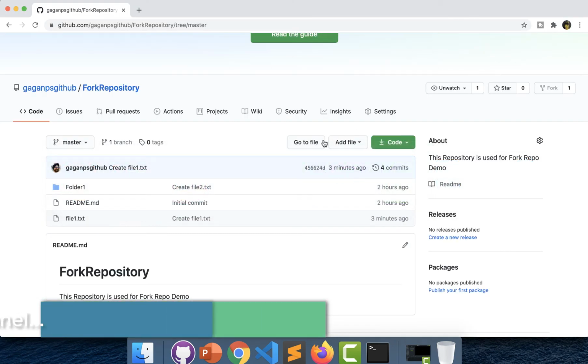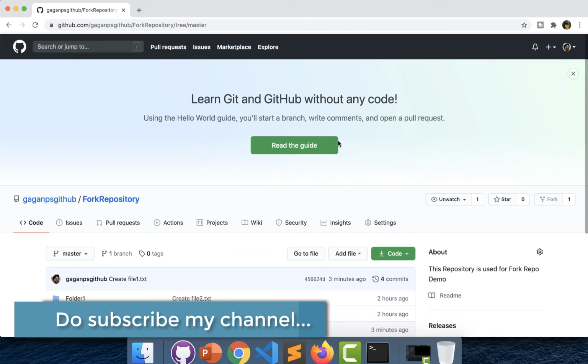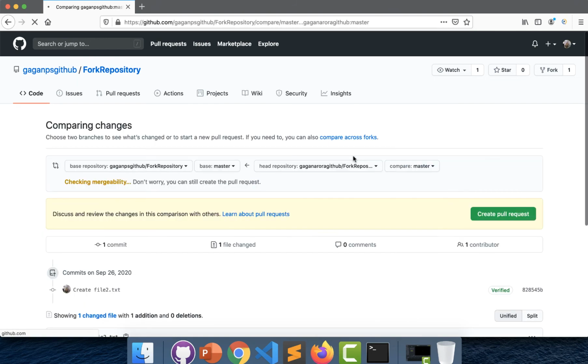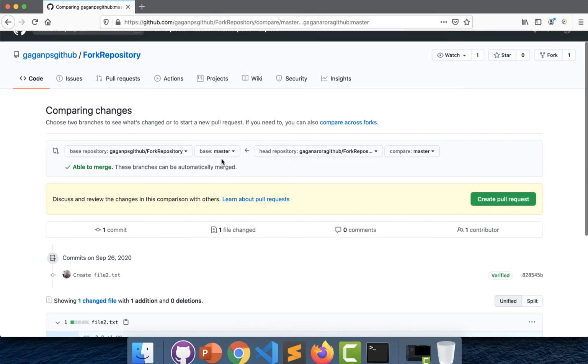I will go back to this particular repository, that is on the second user. Now you can see this repository that we have added this file to says pull request. If I go here, you can see some details displayed, which say this is our head repository, which means the repository from where changes are made, and this arrow says we are trying to push these changes to this particular repository, and for this we are trying to create a pull request.